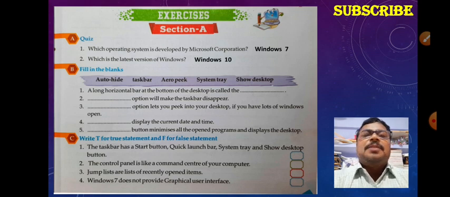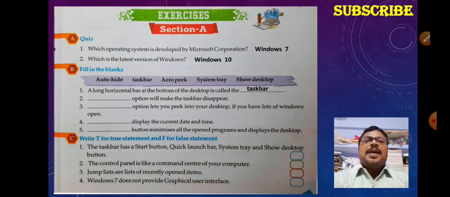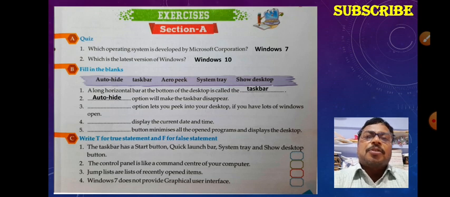Now we move to the fill in the blanks. First question: the long horizontal bar at the bottom of the desktop is called, as just discussed, the taskbar. Second: the dash option will make the taskbar disappear, that is auto hide.